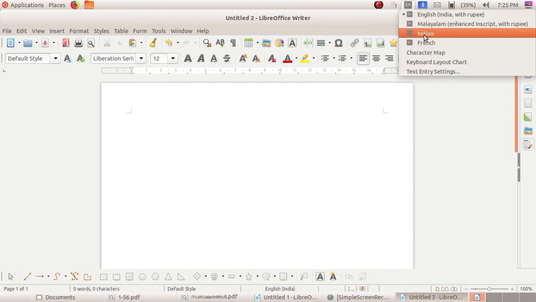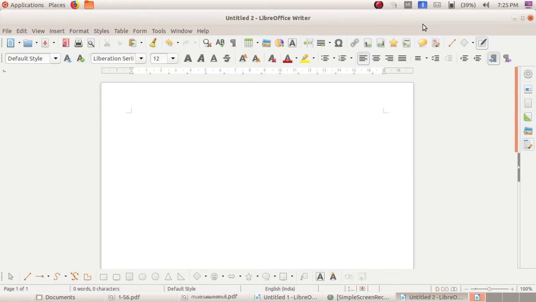Now you can see so many languages: English, Malayalam, Indian, French, etc. From this list we can select Malayalam because we want to type the Malayalam language. Select Malayalam. So dear children, can you say where we can see the keyboard indicator?